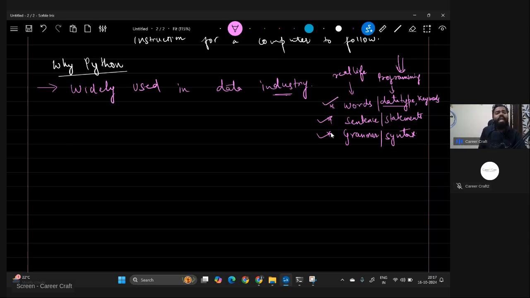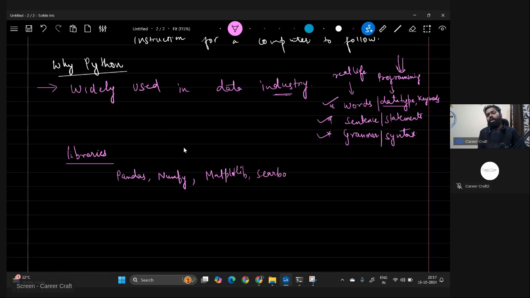Now, there are some libraries in Python. What are libraries? These libraries are pre-written codes like pandas, numpy, matplotlib, Seaborn, plotly. There are multiple libraries. These are libraries. What are these libraries? In simple words,